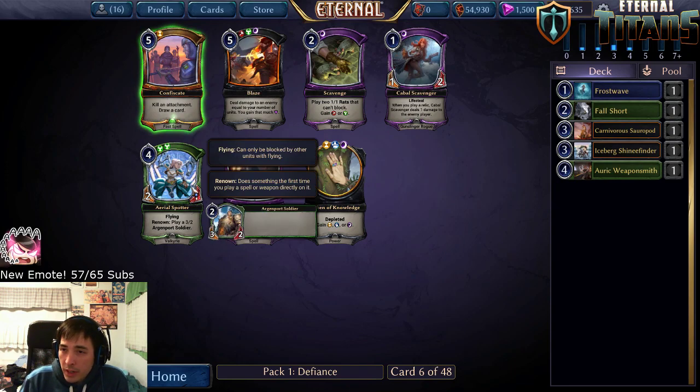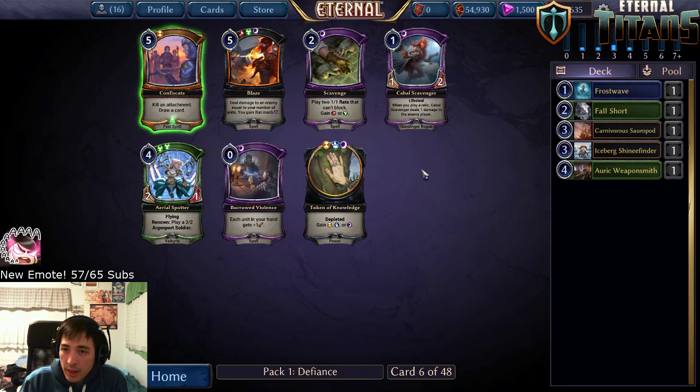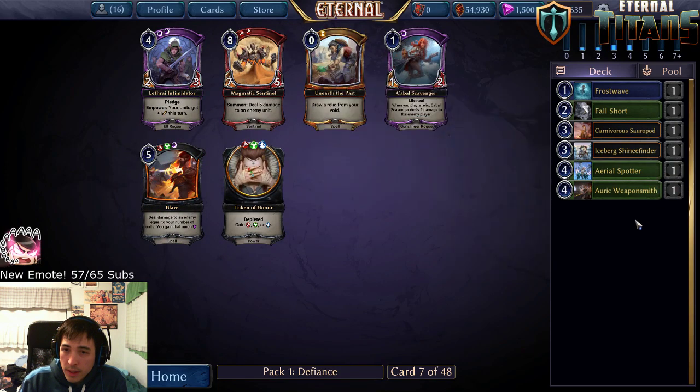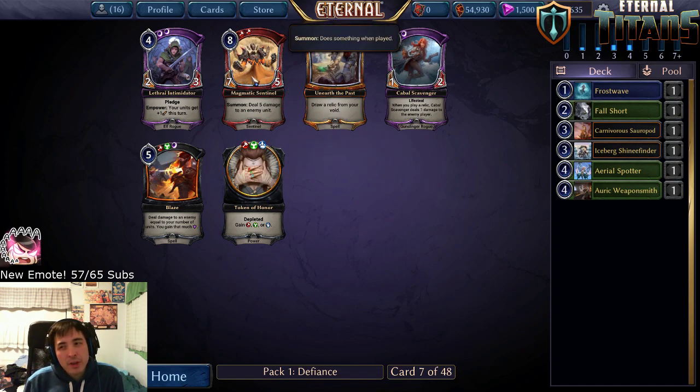There's another Aerial Spotter. I think I'm going to go ahead and take that. I want to stay far away from all these shadow cards if I can. All right. This is an okay shadow card, but it's not insane or anything. Actually, you know, I'm going to take the fixing. Magnetic Sentinel is fine if you're in a deck that can support it, but also just 8-drops are difficult to